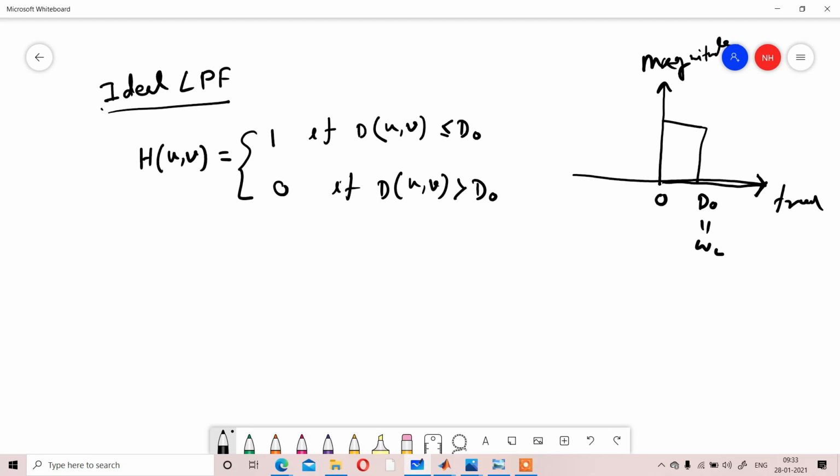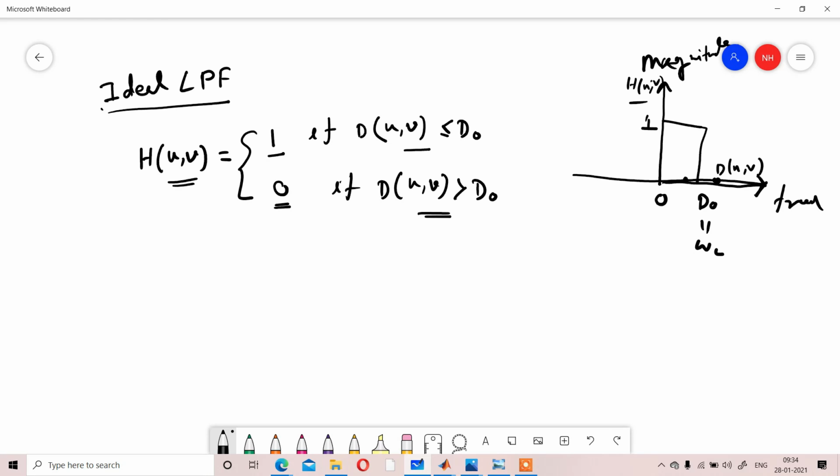If D(u,v) is greater than D naught, the value of H(u,v) will be 0. If D(u,v) is less than D naught, you will get H(u,v) as 1.